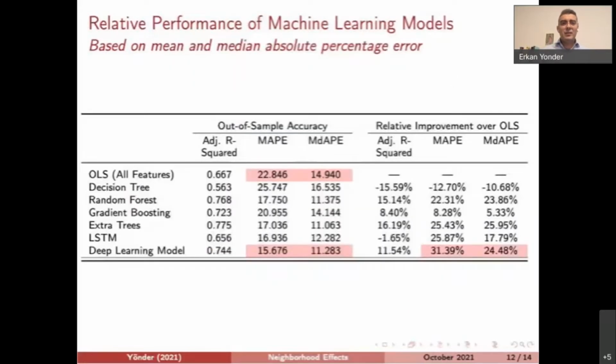And then finally, we do the second part of our model framework. We use a machine learning model and see how we can improve from this. So this MAPE or MDAP is the mean and median absolute percentage error. It gives us the percentage error that we make with our prediction relative to the actual price. With standard linear models, we see 22-23% of mean percentage error. But deep learning can decrease it to around 15-16%. If you look at the median, it goes down to 11%. These are reflected into something like 25-30% improvement in the error. So we can decrease the error by 25-30%.